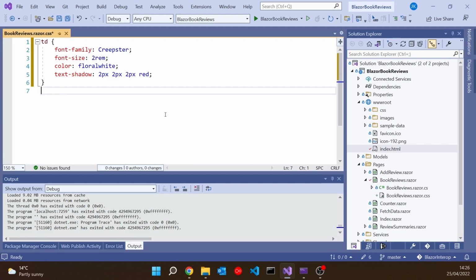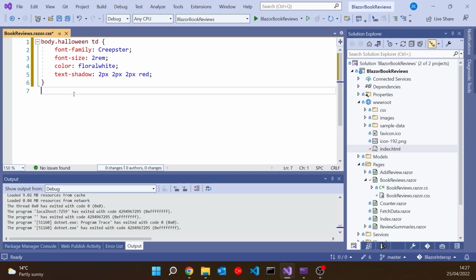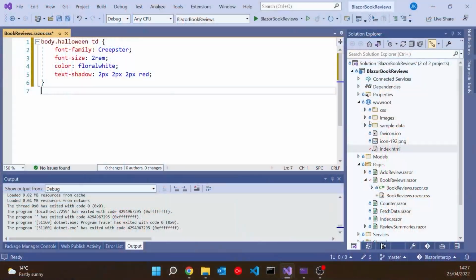But of course, at the moment, if we have that style, then it's just going to apply all the time and isn't going to be something we can dynamically switch. So the trick we can do here is this. We're going to here say body. Well, obviously everything is inside your body, so that doesn't at the moment have any effect. But then I'm going to say body.Halloween. Okay, so now we'll only get the Halloween styling on a TD inside a body that has had the Halloween class applied to it. So we don't need to apply the Halloween class to TDs or anything else. It just means we'll apply it to the body, and anything inside the body will pick up that styling. And in fact, let's also do a slight other change as well.